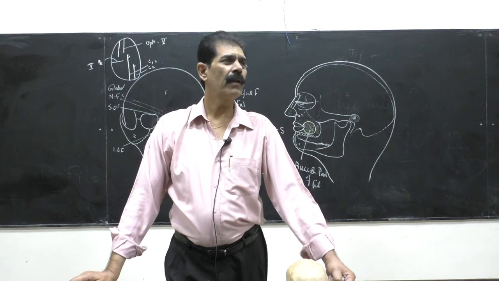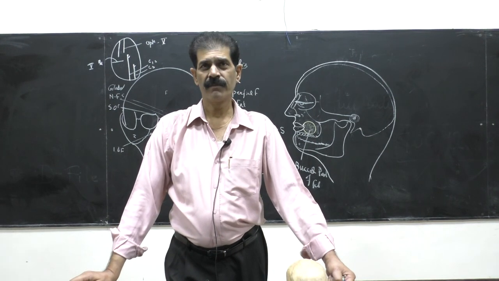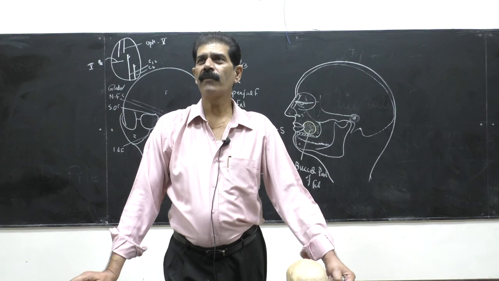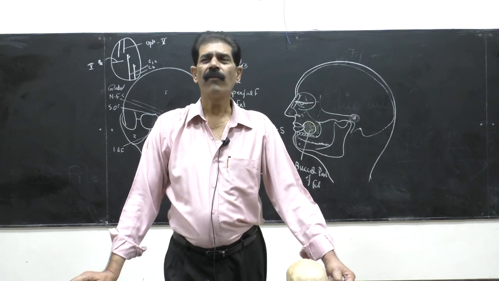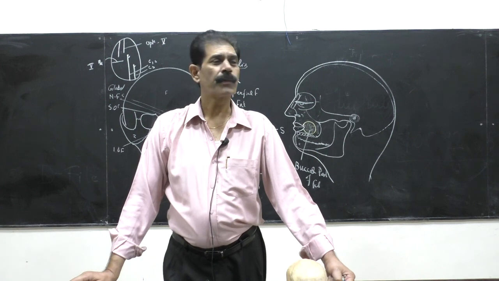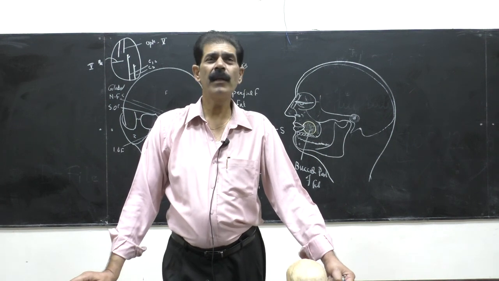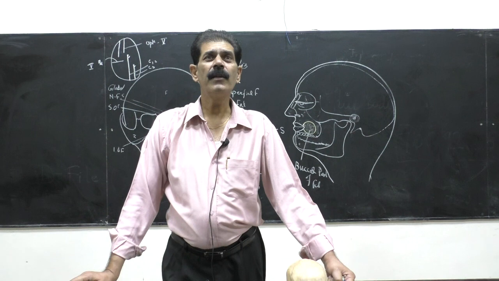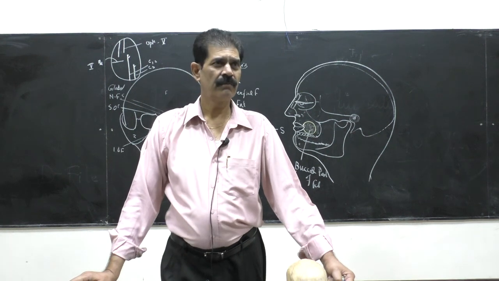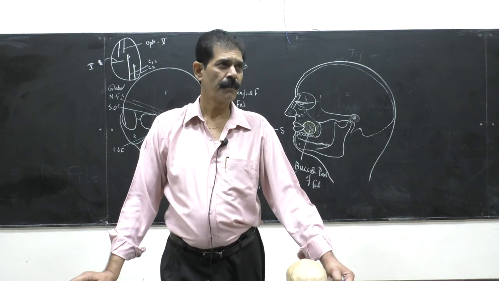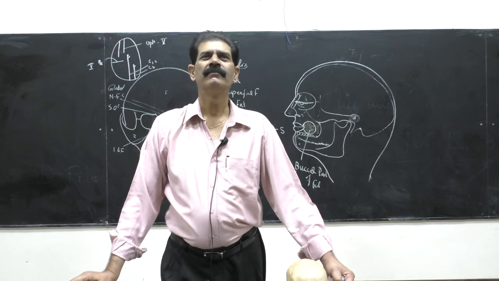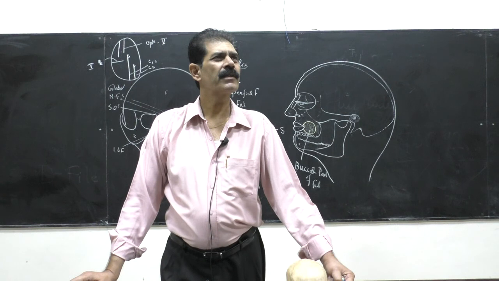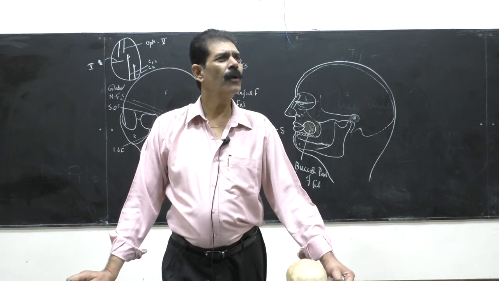Who will write the root value? They will give the bonus marks. So root values are with the spinal nerves. As the brain is attached with 12 pairs of cranial nerves, the spinal cord is attached with how many pairs? 31 pairs of spinal nerves. 31 pairs. And all of the spinal nerves are mixed. They are both sensory as well as motor.